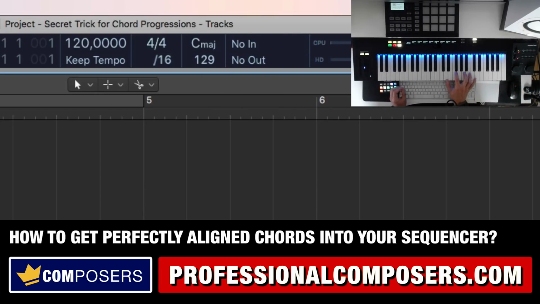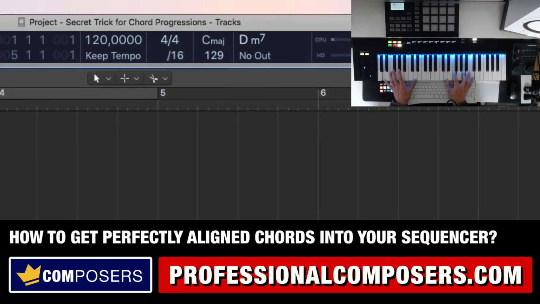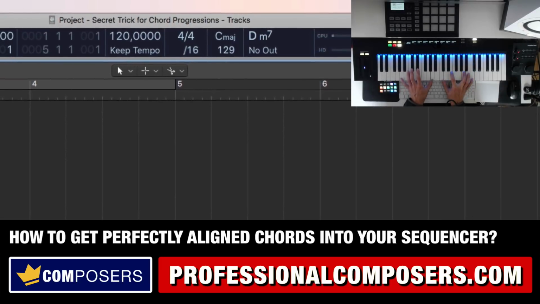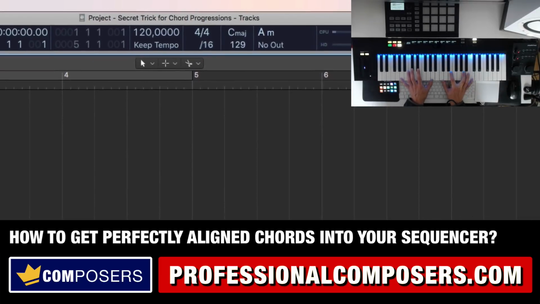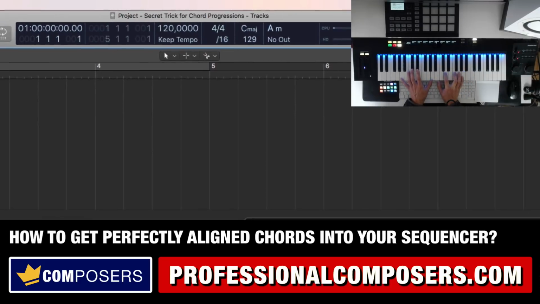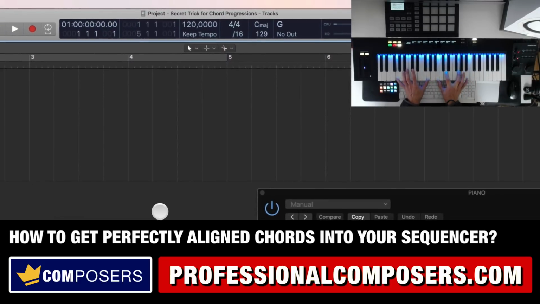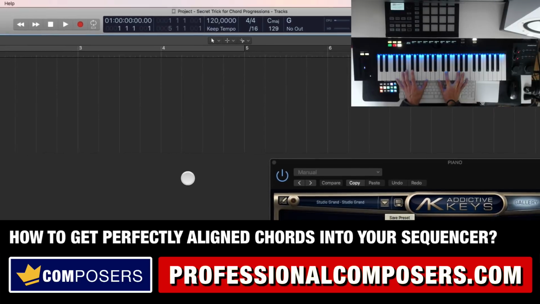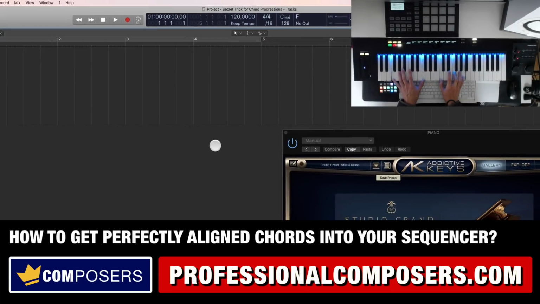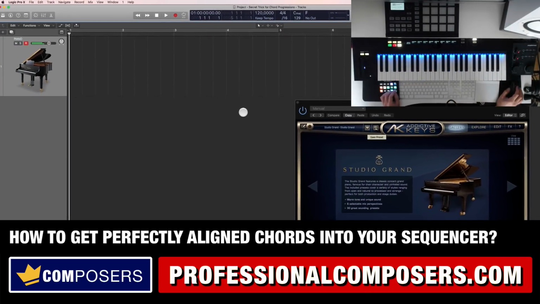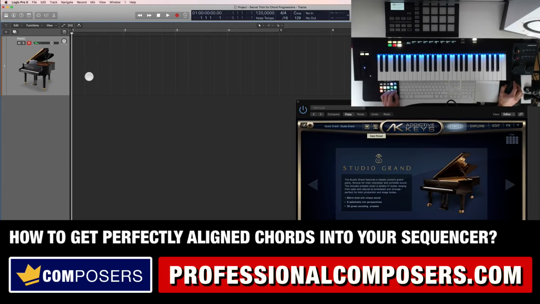So let's say you come up with something like D minor 7 going to, let's say, A minor, to, let's say, a G, and then to F. So now if you want to record that part as, let's say, 1-bar chords in perfect alignment to the grid,